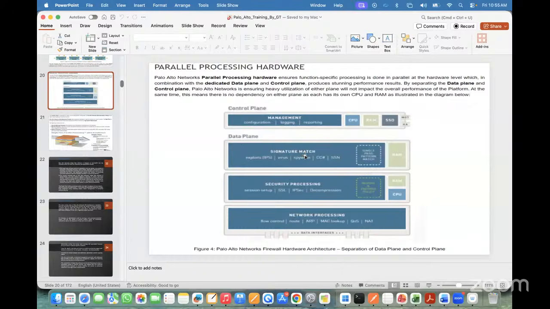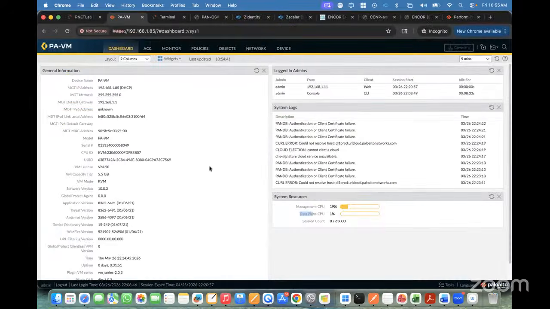See, data plane, signature match. They have the 3 processors. Signature match processor. We have the security processor, network processor. So these are going to be done via this data plane. And based on that, we can just do all the activities. We'll do discussion later on, but I just want to show at a very high level what all options are available